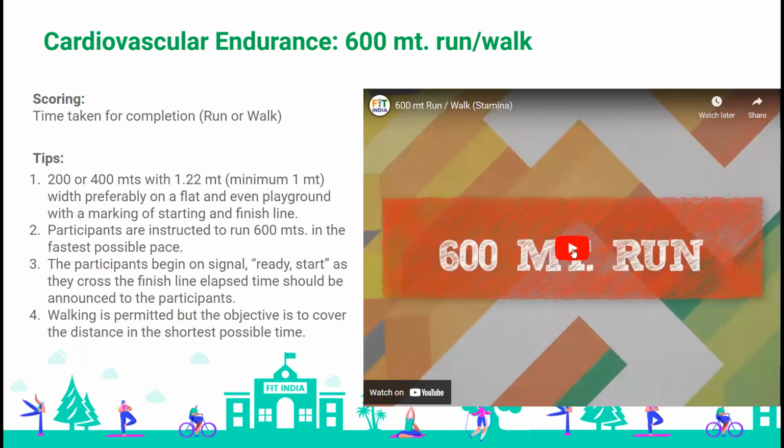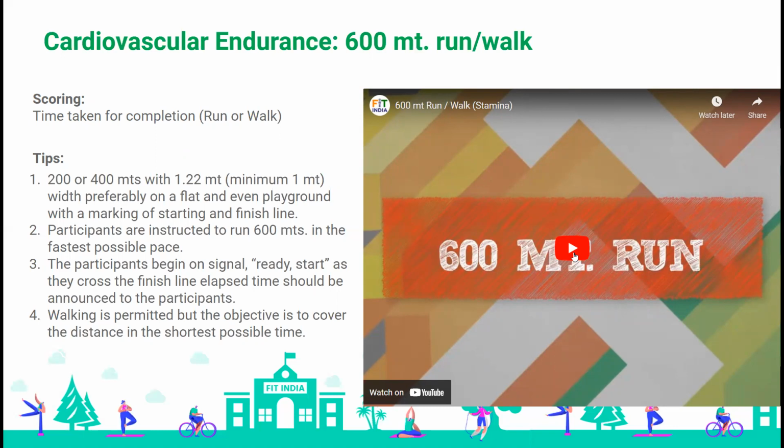The process for the 600-meter run, which is basically for cardiovascular endurance, is also the same. So let us look at how it starts. Since different participants are going to take different times to finish, you can have one person managing about 3 to 4 children at the same time. If there are 16 participants, maybe you can have 4 scorers at the end, or you can have 2 also. With a little bit of practice, you can handle more than that.